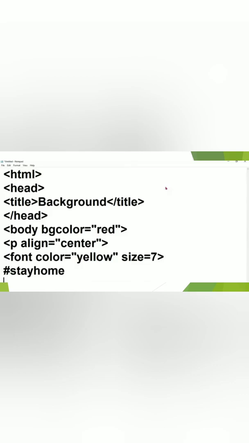Okay, after stay home I want another word in another line. So I write here the BR tag. What is the use of the BR tag? BR means breaking a line. But see here, I write here 3 times BR, BR, BR. Means I want 3 line difference between stay home and stay safe. After that I write here stay strong. After stay safe, again I want 3 line difference. So I write there 3 times. If you want 1 line difference, write here 1 time only. Okay, so in the end I write here stay strong.